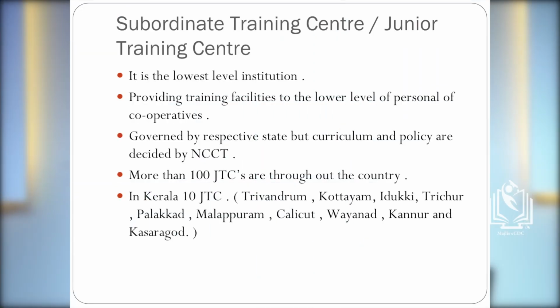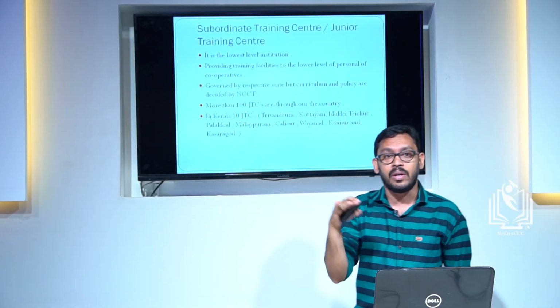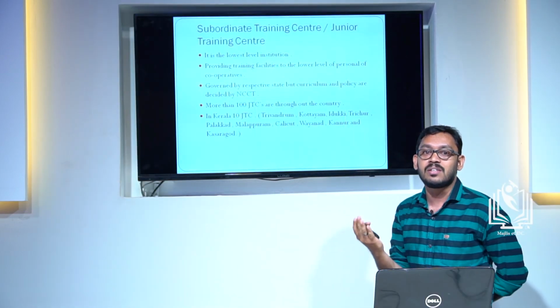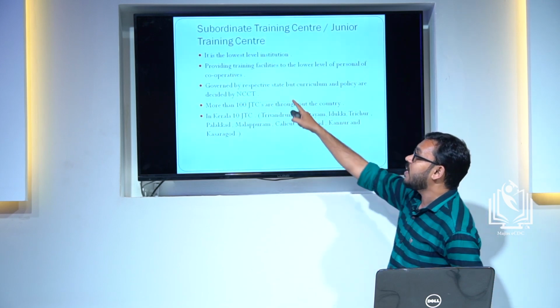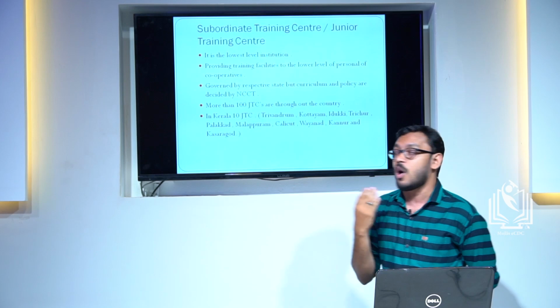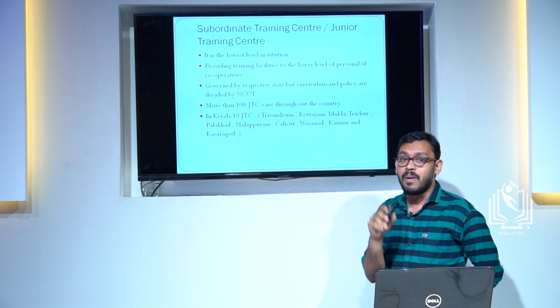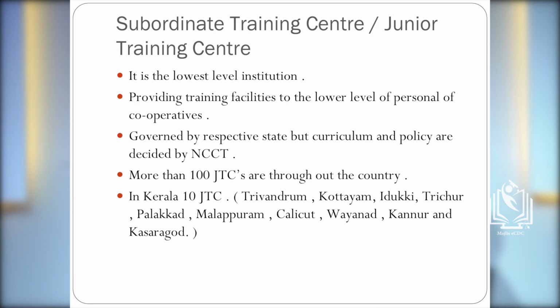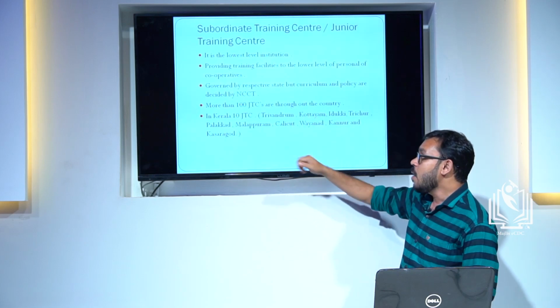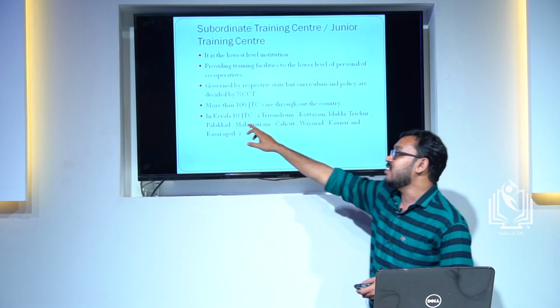Here we are talking about the three-tier structure of NCCT. So, in the third tier, it has the subordinate training centers or the junior training centers. It is acting as the lowest training center of NCCT, providing training to the lowest level people, and it is providing training facilities to the lower level personnel of cooperatives. These are governed by the state, but the entire curriculum and policy are decided by the NCCT itself. So, throughout the country, more than 100 JTCs are running, but in the case of Kerala, only 10 JTCs are running in